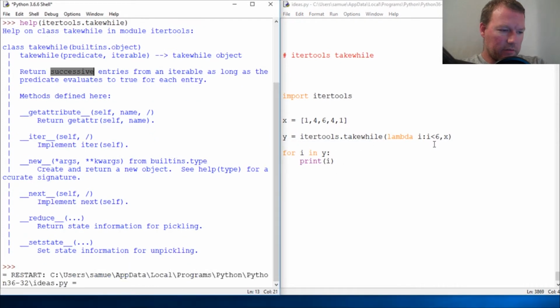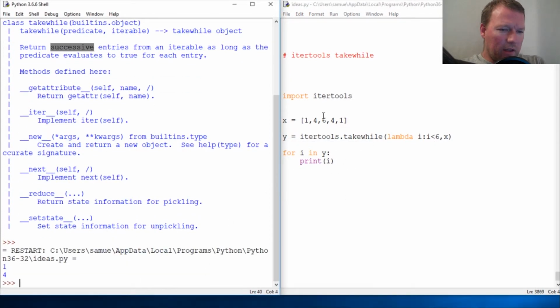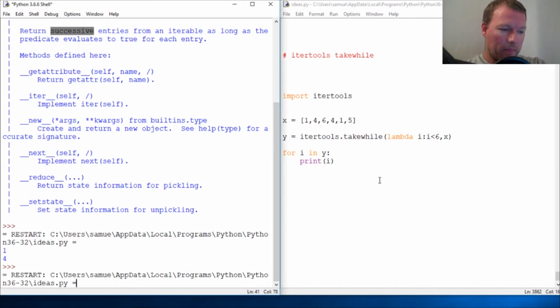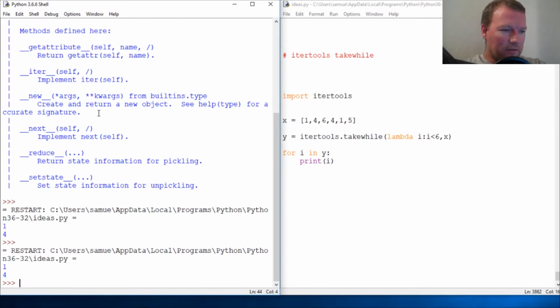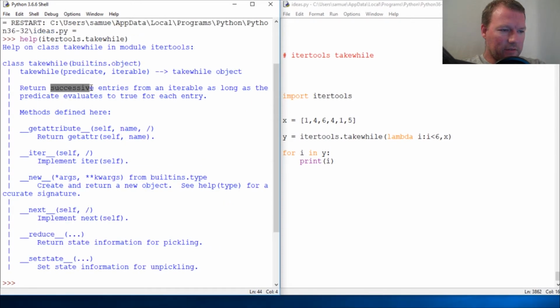So okay, let's go over this. I go, okay, everything is less than 6, 1 and 4 are less than 6. I'm like, okay, so that filters it out and it's like a set. Then I saw another example and I went, this doesn't make sense. So let's do this. This 5 should show up, right? But it didn't. But this successive